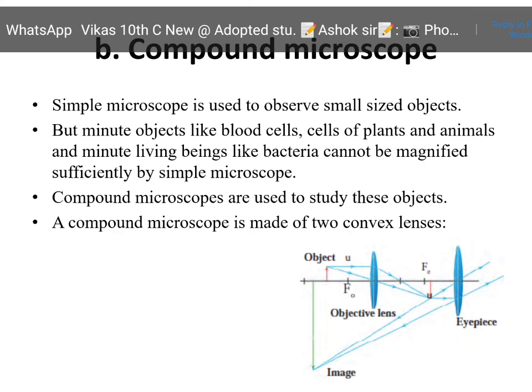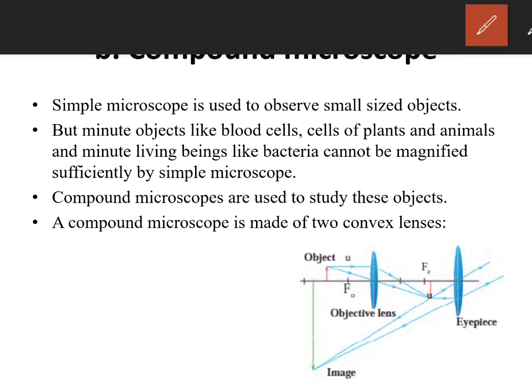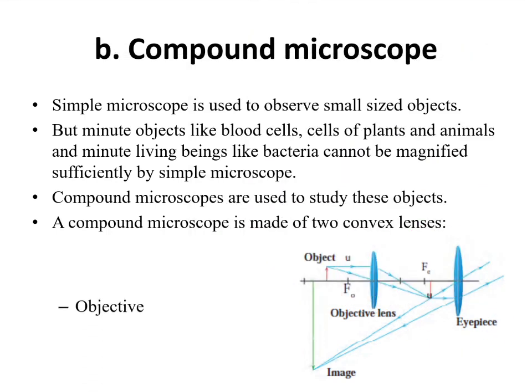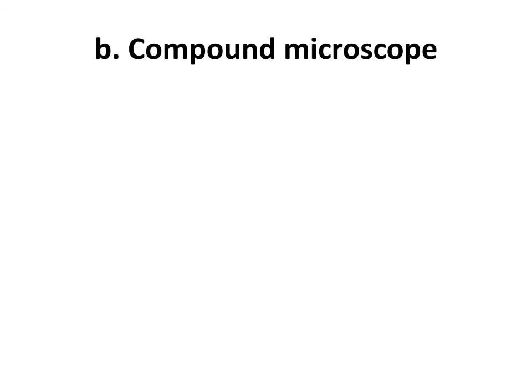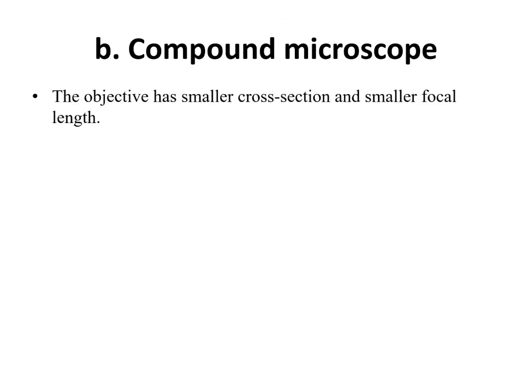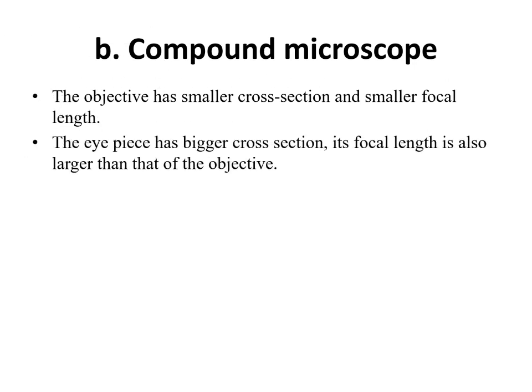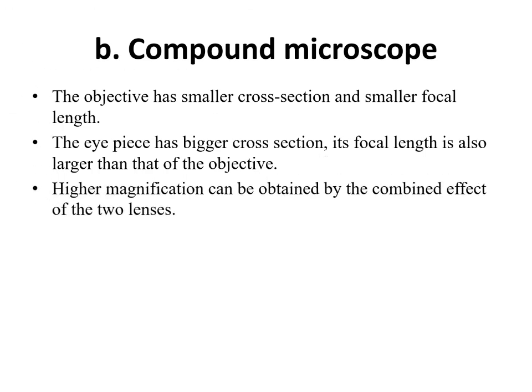You can see the first one is the objective and the second one is the eyepiece. The objective has a smaller cross section and a smaller focal length. The eyepiece has a bigger cross section, its focal length is also larger than the objective, and higher magnification can be obtained by the combined effect of the two lenses. So the magnification occurs at two